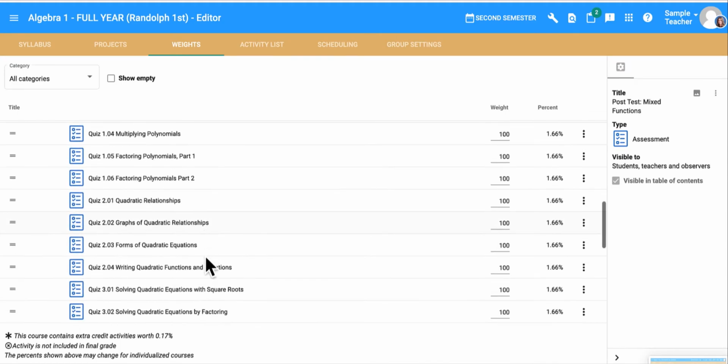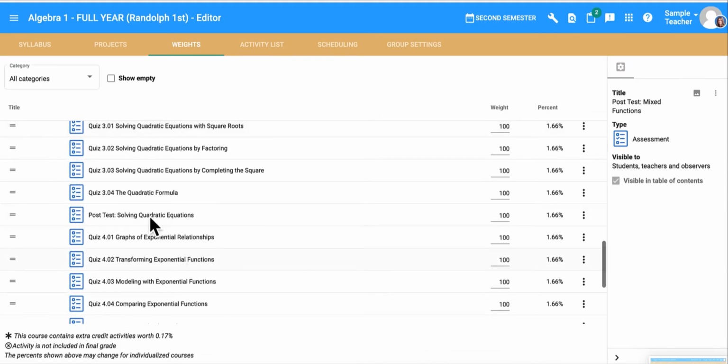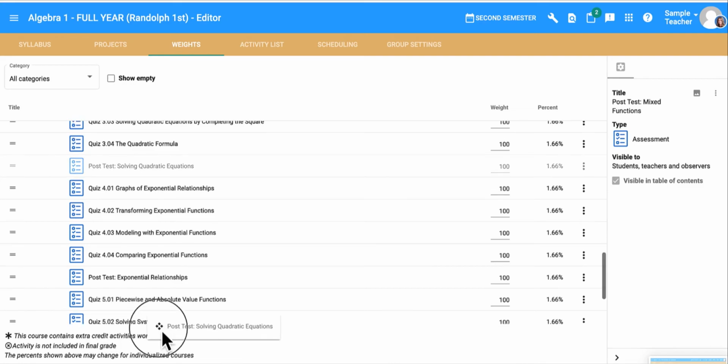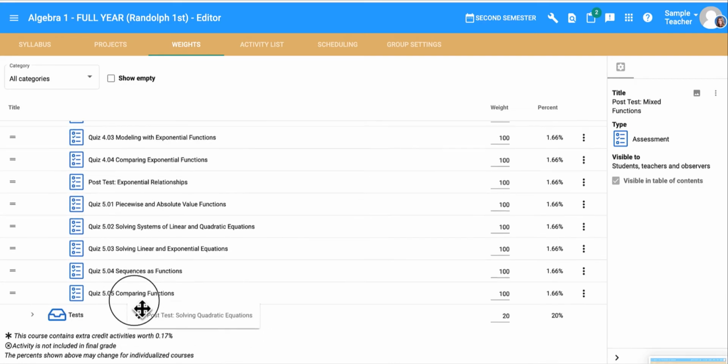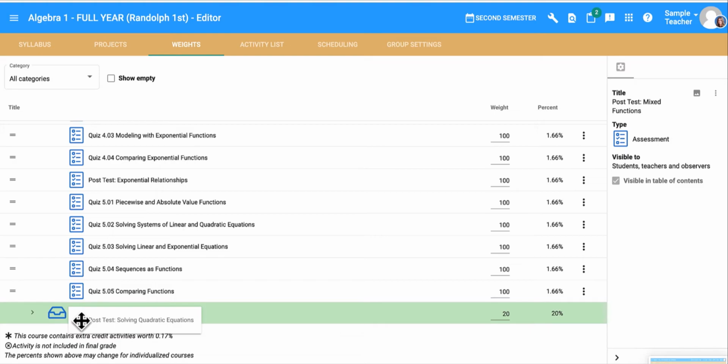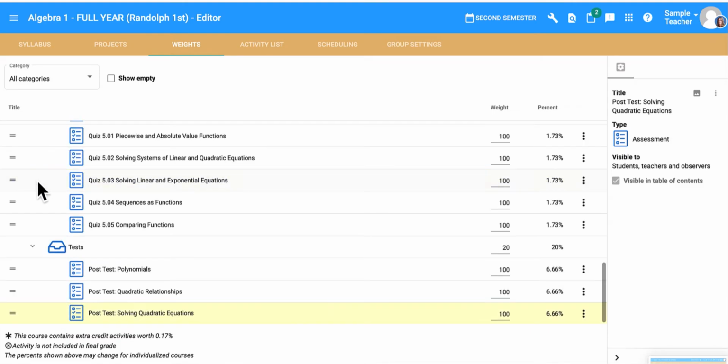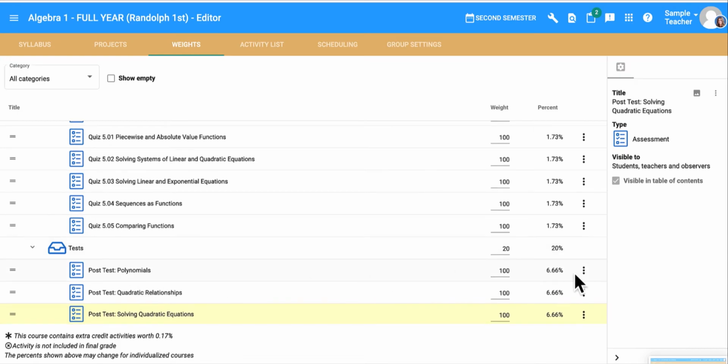But you can sometimes notice things that are out of place. So this was supposed to be quizzes, but here's a post-test. So you can use little double lines over here to drag it down, put it in the test category. And that way, when you look at the test category, it'll be in there and counting a portion of